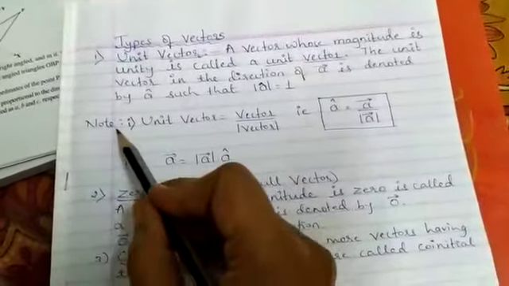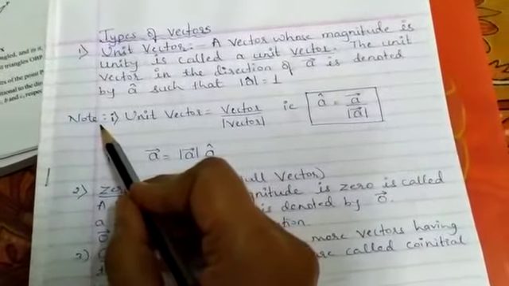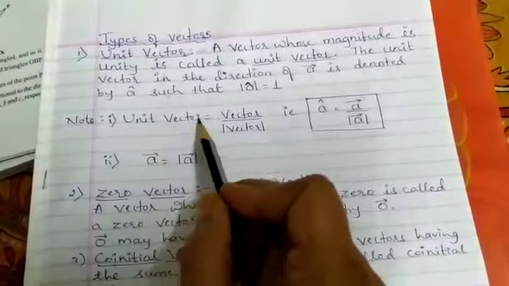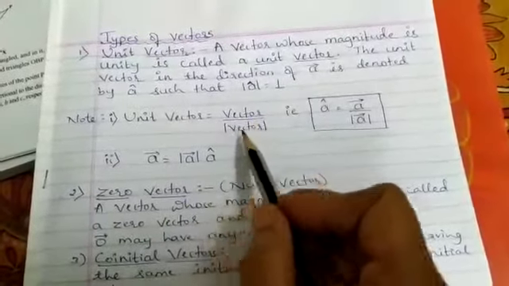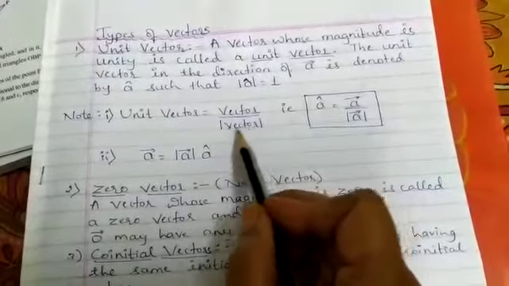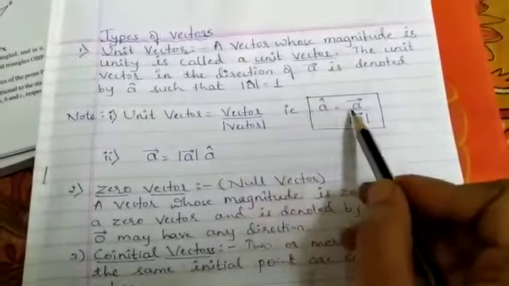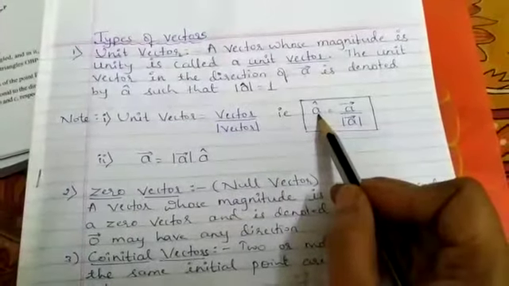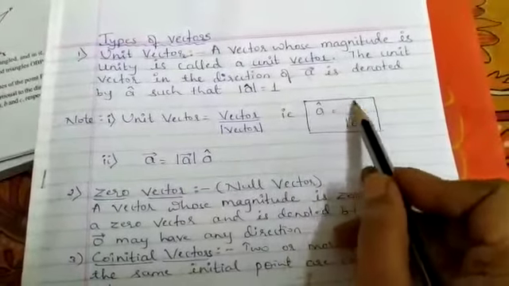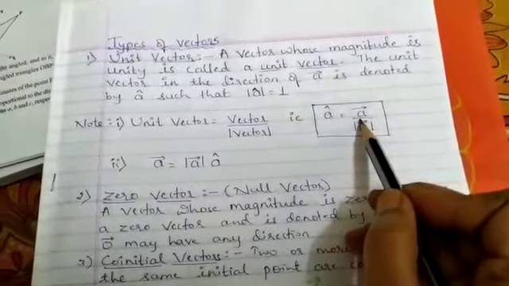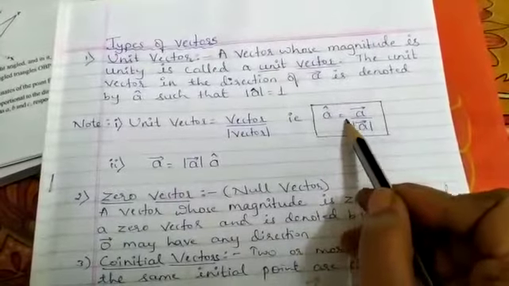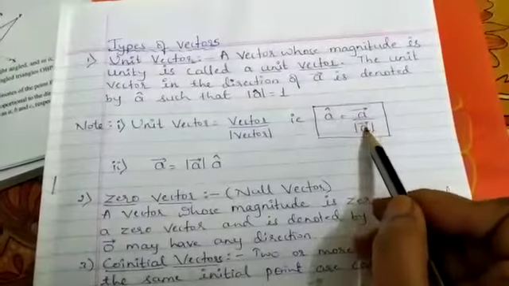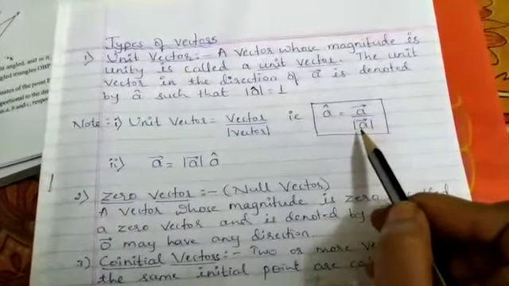Note to be remembered, required for the numerical sums which we will be discussing further. We will be highlighting this once again. Just remember the formula: unit vector is equal to the vector divided by the magnitude of the given vector. That is, the vector is given to us to find A cap. To find the unit vector in the direction of vector A, the formula is A cap is equal to vector A divided by the same given vector's magnitude, length I mean.